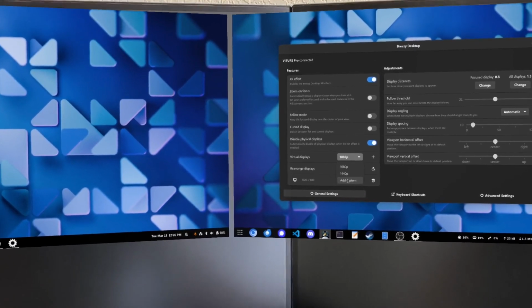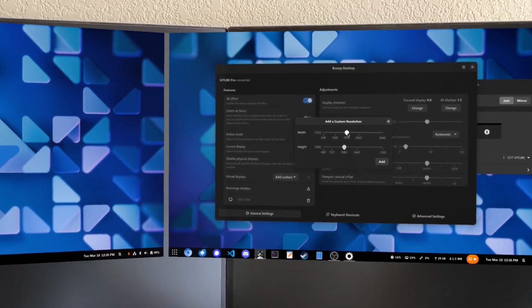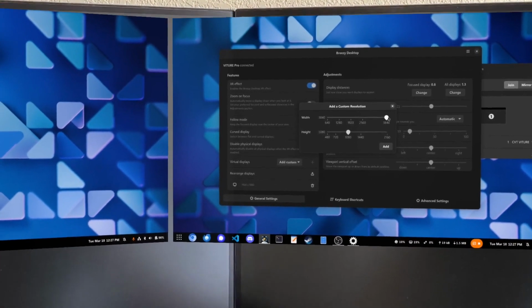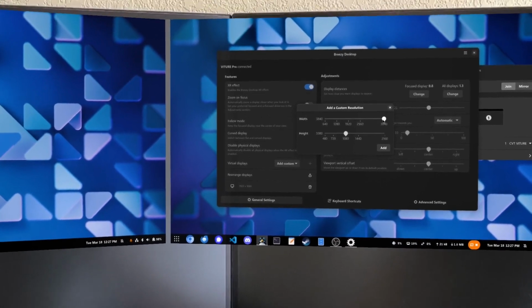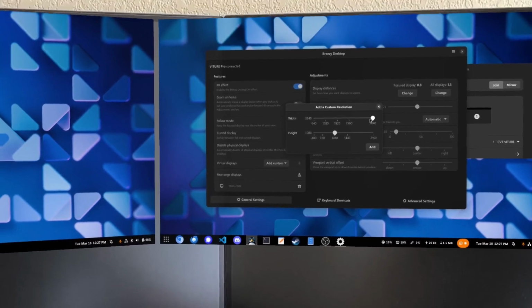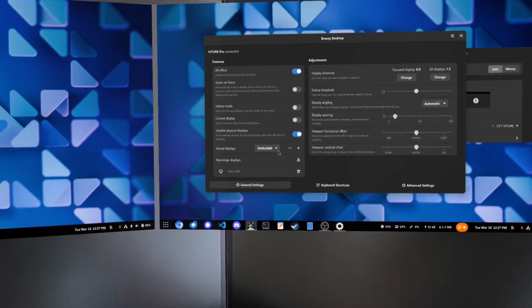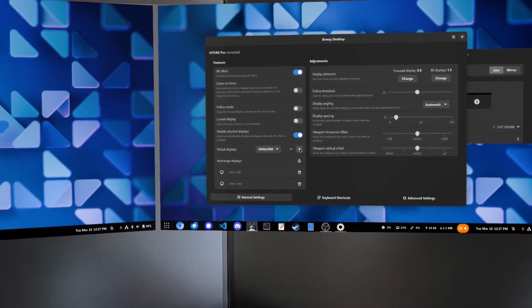Let's take a look at custom resolutions. You can see here I have width and height sliders, which allow me to choose anything from a 640 to 3840 width and 480 to 2160 height. This would be a double wide display, similar to the old Breezy's ultra wide. So if I add that resolution, it's now been added to this list, and if I hit the plus,